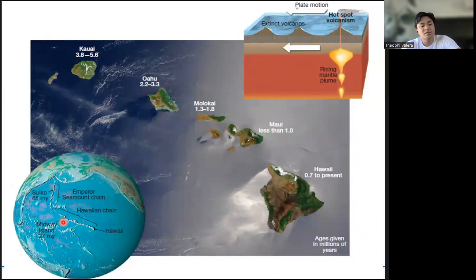And what's interesting here is that, of course, the present day activity is in Hawaii. That's why you have a lot of volcanoes here, active volcanoes. If you look at the islands that are to the west of Hawaii Island, we see that their volcanic activity gets older and older, as explained before, suggesting yung movement of the lithosphere on top of this plume, moving this way, so that ito yung dating at 3.8 to 5.6 million years, this was actually the active volcano, and then this one during 2.2 to 3.3, Molokai during 1.3 to 1.8, and then Maui less than 1 m.